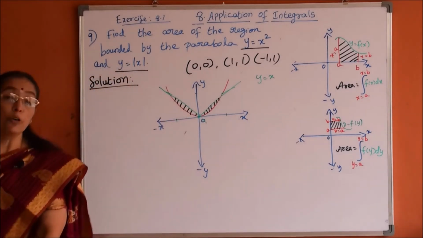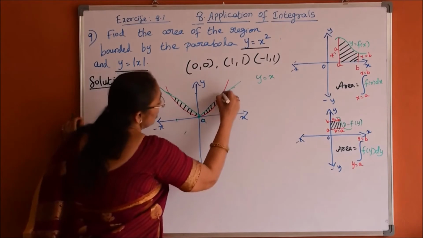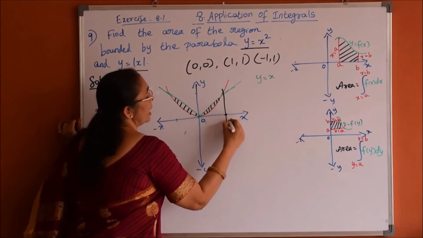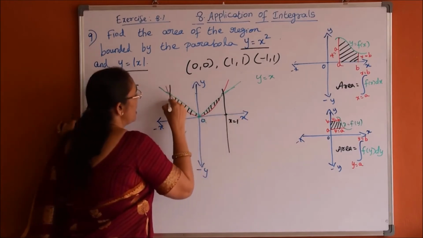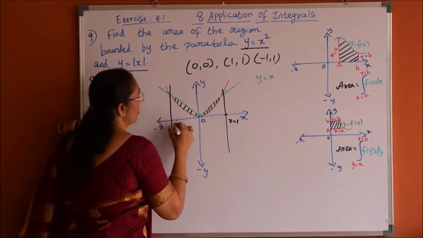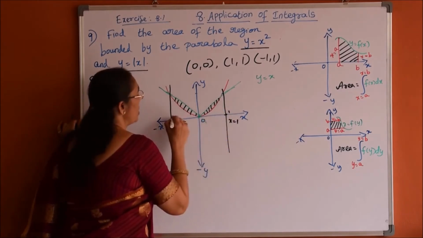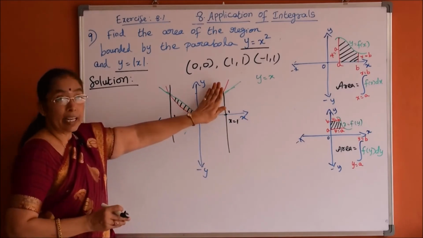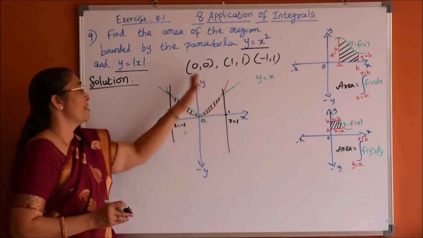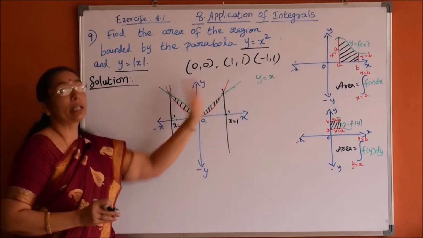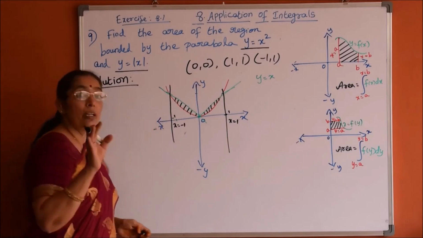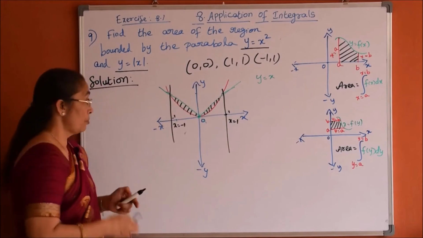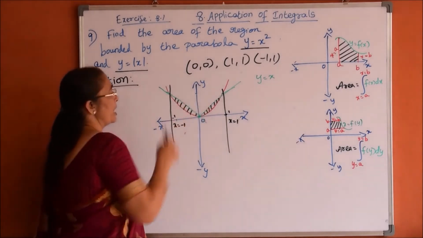Now let us see how to find the area of that region. Let me draw a line. This is x is equal to 1 and this one is x is equal to minus 1. This point is 1, here minus 1. So we can evaluate the required area only in the first quadrant. Then when we make it 2 times, we can get the whole complete area. So I am going to frame the integral only for this first quadrant part. So now this is our required area.